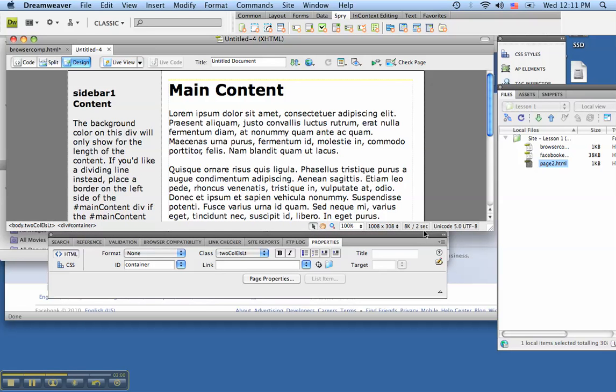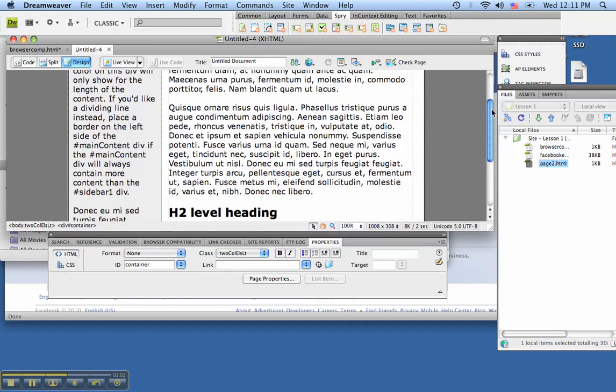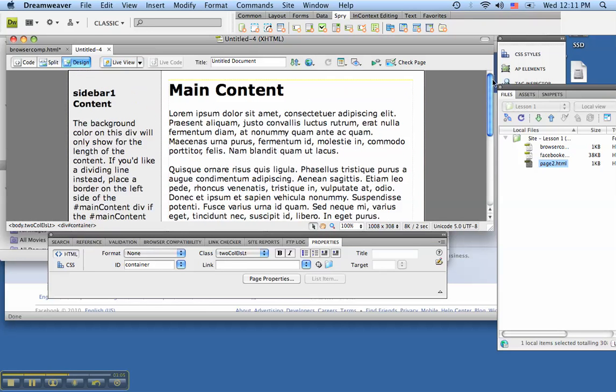So we have our left sidebar, and the reason why these templates are so gray and so ugly is because they're templates. The people who prepare them, they don't want you to use this style. They should be just for layout purposes. So over here you have already a main content headline 1, and if we go to our properties panel, you can see that the format is being called heading 1. So you already have certain elements that you can start working with, and really these elements are very common, so it's a good place to start. On the sidebar 1, this is a heading 3,